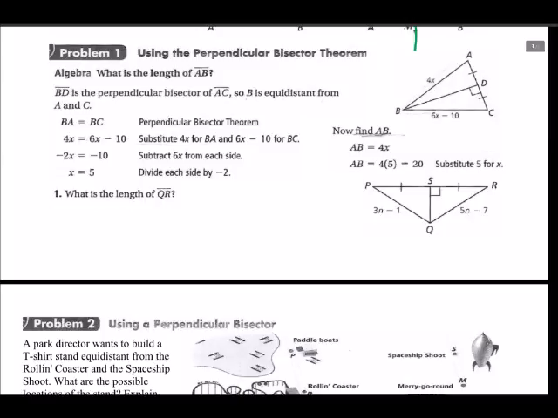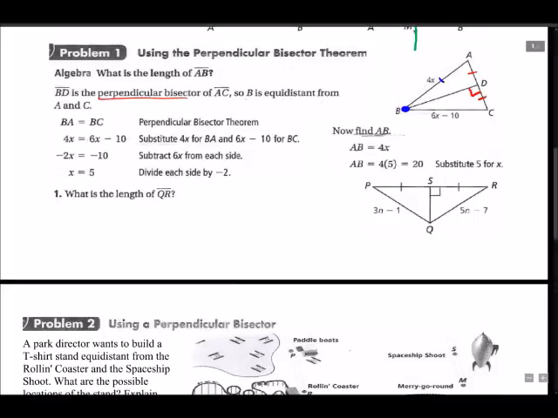What is the length of segment AB? Well, we look at our problem here and we say, hey, we have a perpendicular bisector. You see that? Segment BD is a perpendicular bisector. So I know that if I choose a point on the perpendicular bisector, any point on that line, then it